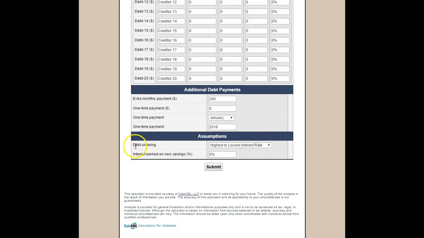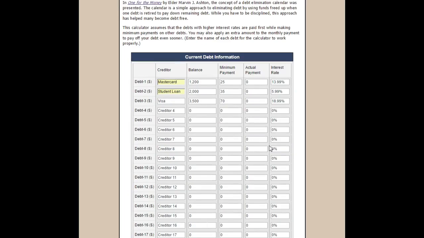Now, this is very important where it says debt ordering. We don't necessarily want to pay on the highest interest rate first. Okay, now we've talked about this in the main training, but what you want to do is pay on your lowest balance first. Why? Simply because we're not worried about interest rate at this point. Okay, what we want to do is have a success. And in the main course we talked about how you want to pay off your lowest balances first so that you can definitely have that debt paid off, you'll have a success, and you'll be motivated to go on to